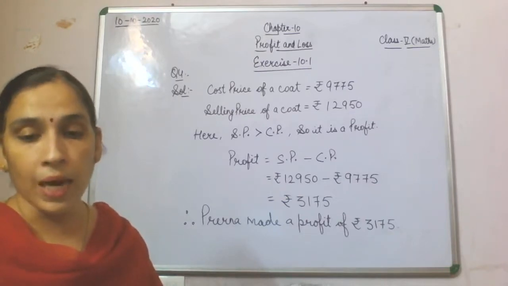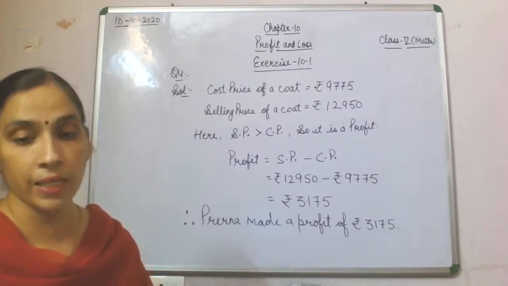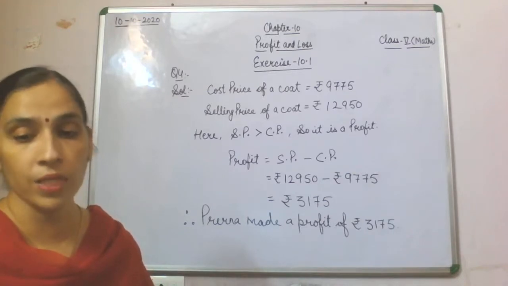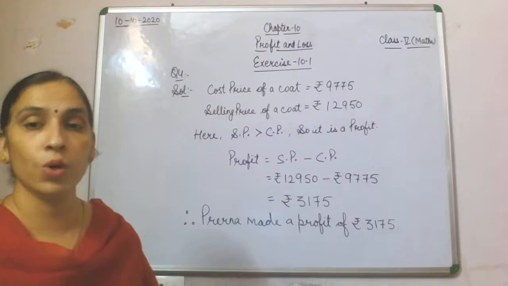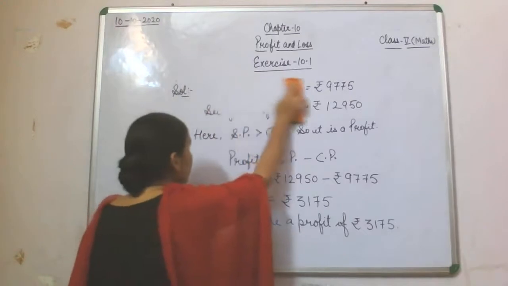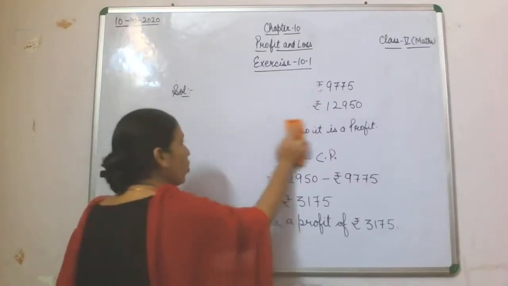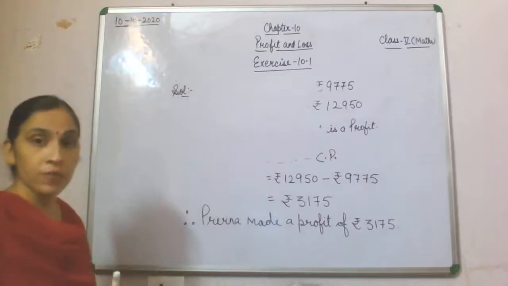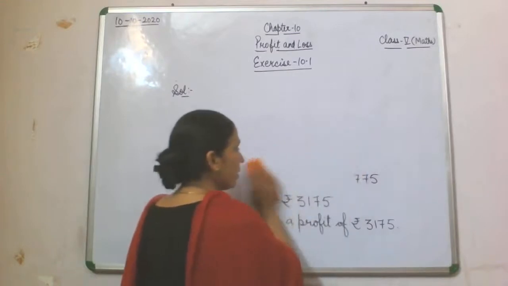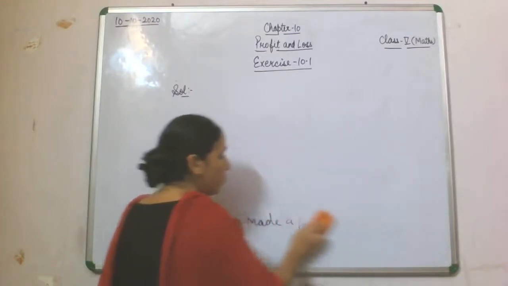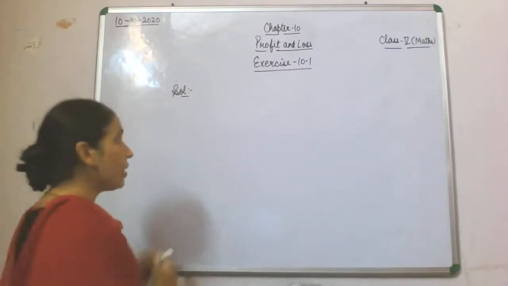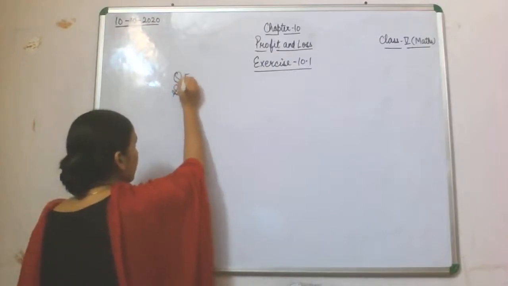A shopkeeper had a loss of rupees 685. He sold an article for rupees 1,800. What was the cost price of the article? So as I told you, now we are going to do word problems related to all those concepts which we have done, whether in the example or in other questions, in question 1, 2 and 3. Now we are going to get word problems related to that only. Now question number 5 is one of the questions related to that only.